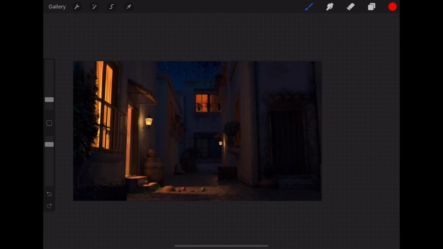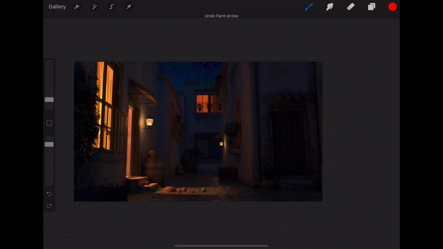I would definitely soften that up because this light passes through glass and gets diffused that way, so you wouldn't see that level of hard shadow. These plants would get a little bit of specular light coming in from the sky. Over here, similar to what we were just talking about in the last image,